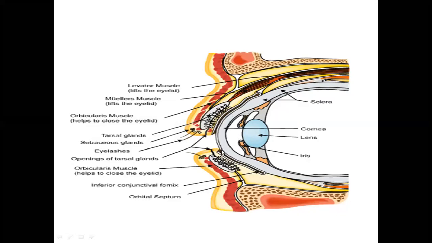अच्छा, this is your tarsal plate. This is an orbital septum. This is a Muller's muscle which is under the control of the sympathetic autonomic nervous system, and this is the levator palpebrae superioris. This is under the control of the oculomotor nerve. Acha. And this is a tarsal plate, and this is a conjunctival sac. Acha, okay, we'll move forward.